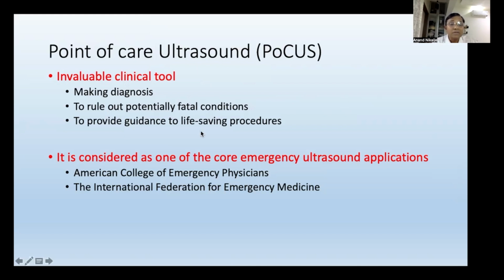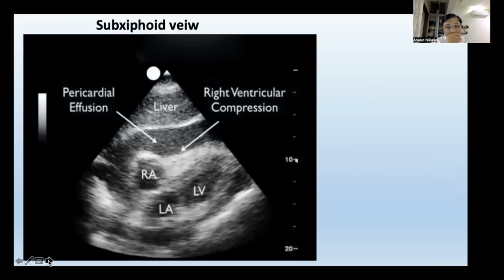So now it is considered one of the core emergency ultrasound applications. The American College of Emergency Physicians and the International Federation of Emergency Medicine have made it very clear that it is a core emergency application that everybody who is working in the emergency department should adopt and should get trained in. So I was talking about immediate diagnosis, like this patient who has got a massive pericardial